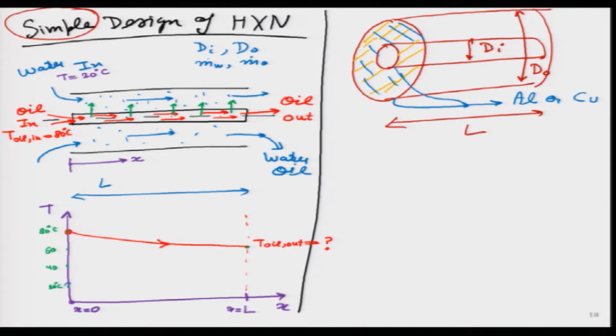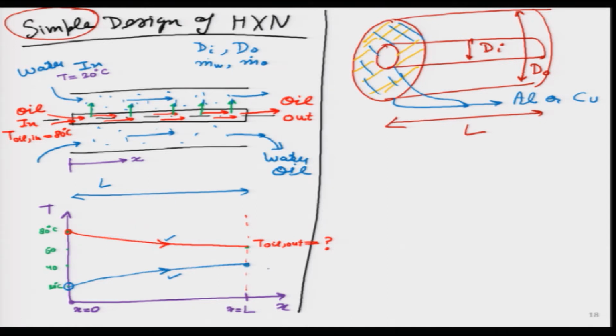Now, water starts at 20 degrees over here. So, I will make a blue circle over here, and now let us say, because it is being heated by all these green arrows, right. We can see on the top side of the left over here I am highlighting these green arrows. So, which means this blue curve should probably go up over here. How much it goes, that I do not know, but it will increase, and I am putting this arrow just to illustrate the flow direction. So, the red arrow and the blue arrow just represent the flow direction. So, oil is flowing from left to right, water is also flowing from left to right.